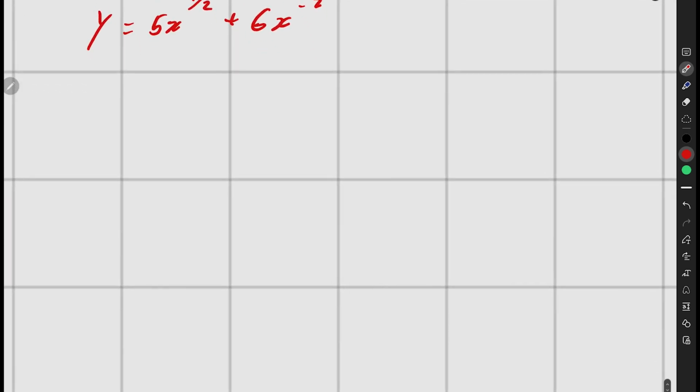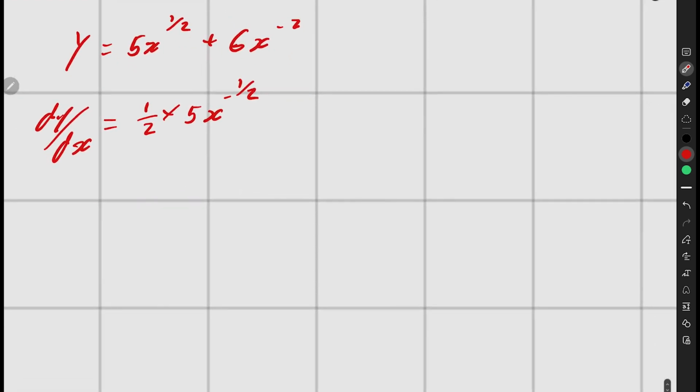And now let's move on to differentiating this. So we're going to have dy over dx, our derivative, is going to be a half times 5 times x, and a half take a half is just negative a half. And there's an easy way to work with fractions. Your calculator will do them for you, but it's good to know how to do this off the top of your head. And for differentiation, because we're just always taking 1 from the power,